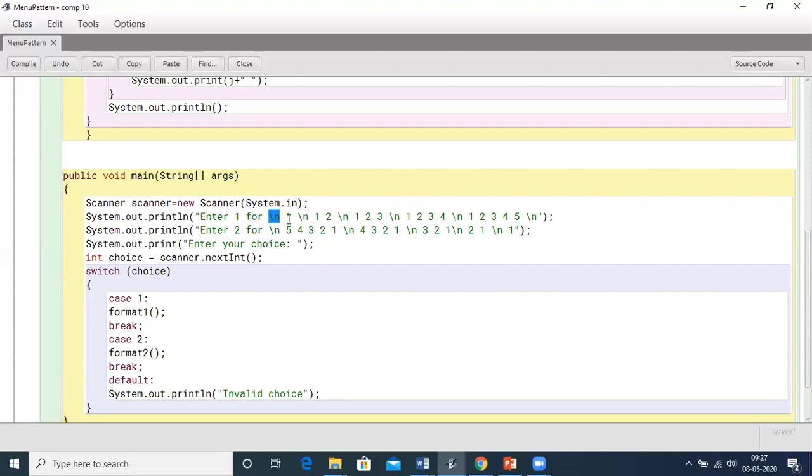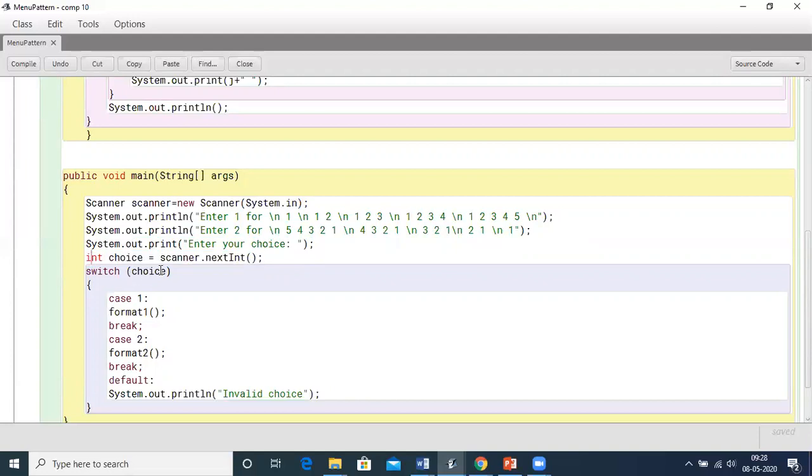If you write the escape sequence, automatically the values will come to a new line. Same thing, I'm prompting the user for the second format also. Then I'm prompting the user for his choice, storing the choice in an integer variable. Here we are having a choice of 1 or 2, that is why I'm using an integer data type.